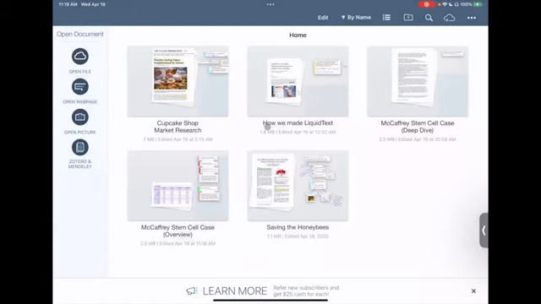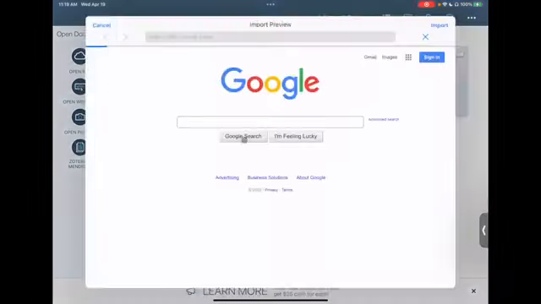The formats that LiquidText supports right now, natively we support PDF, but we have built-in converters for Word files, PowerPoint files, and even web pages if you're using LiquidText on your iPad. Let me even show you how that works. For example, if we do